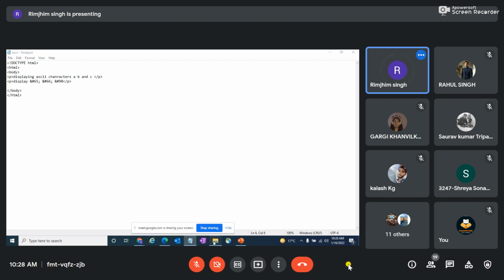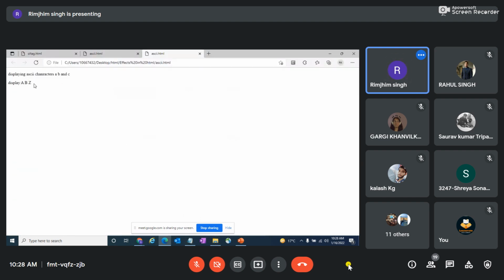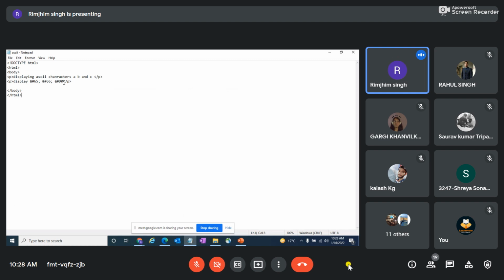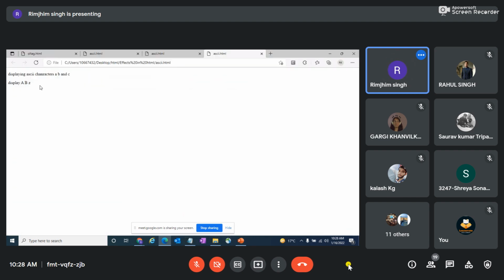Let's save it and run it again. Yeah, if you see, the value 90 is assigned to my uppercase Z, so it is appearing. Then let's also see what 122 gives as an output, because 122 is lowercase z in ASCII. So if I write 122 here and save and run, yeah, you see, like I told you, 97 to 122 is lowercase, and 65 to 90 is the uppercase ASCII characters.